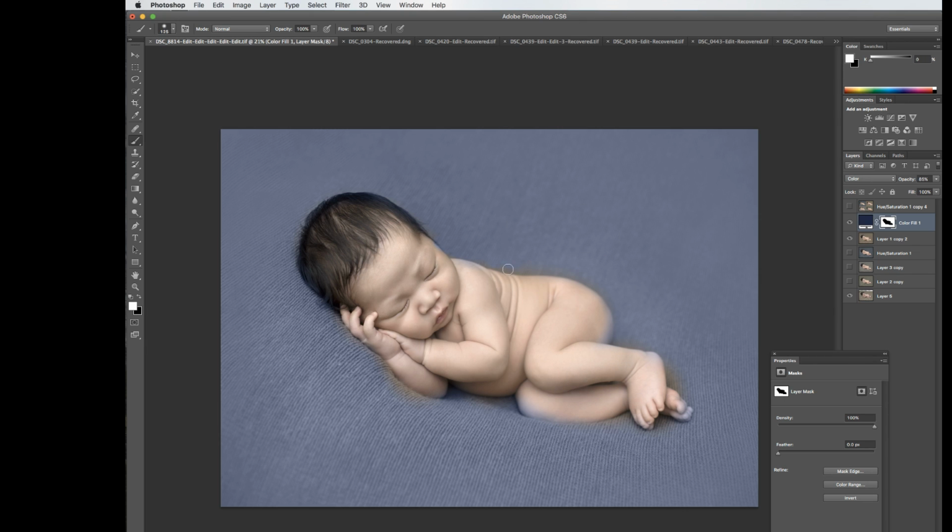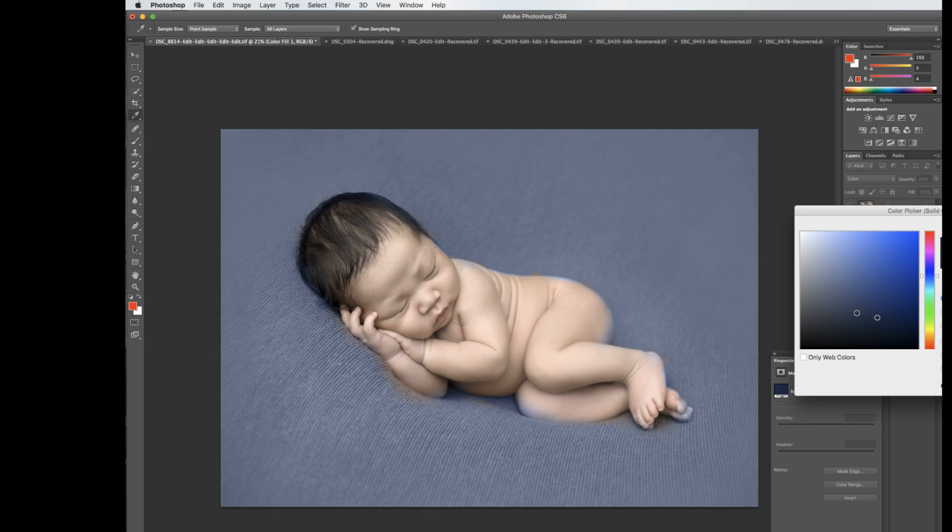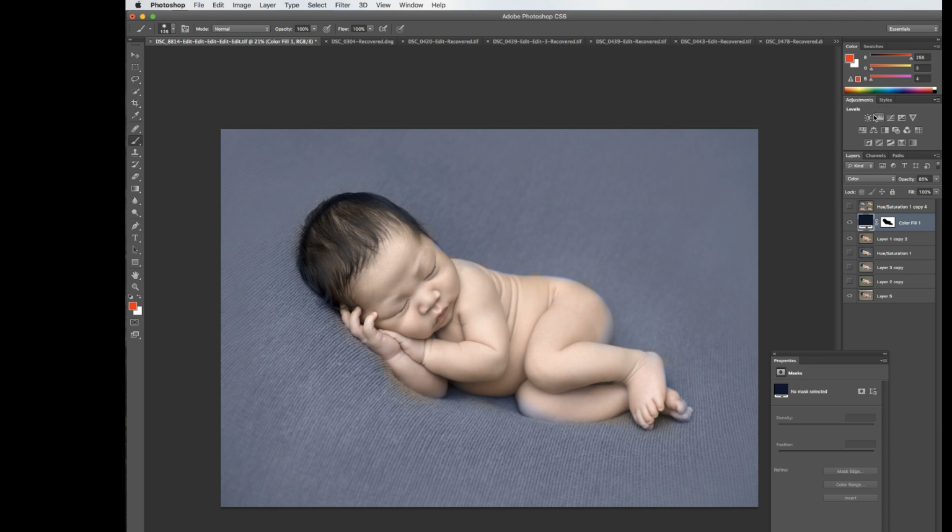But I think you guys can get the idea. And we see that this is not the tone I want, not at all. So we can go back into here, darken it, see how that is affecting our image. Maybe not that, maybe around there. I like that. And then do a levels adjustment,